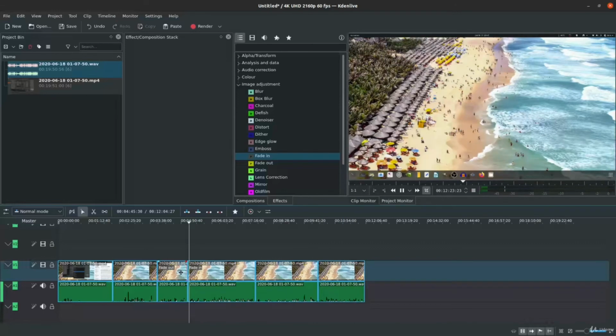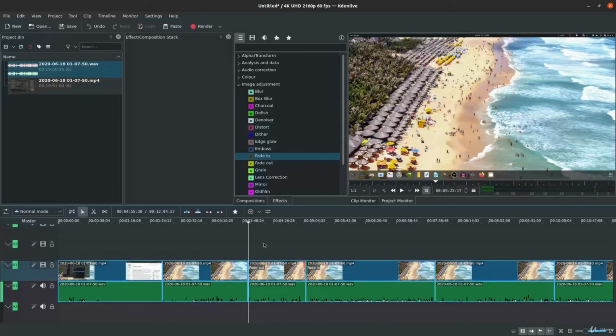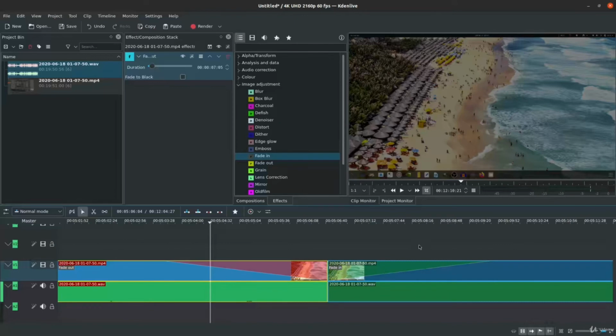Okay, as you see, it worked fine. You can use the scroll up and down from your touchpad, for example, and it will move the timeline to wherever you want. So let's put the marker here. If you zoom in, you can see that we have here the two transitions that we've applied to this section